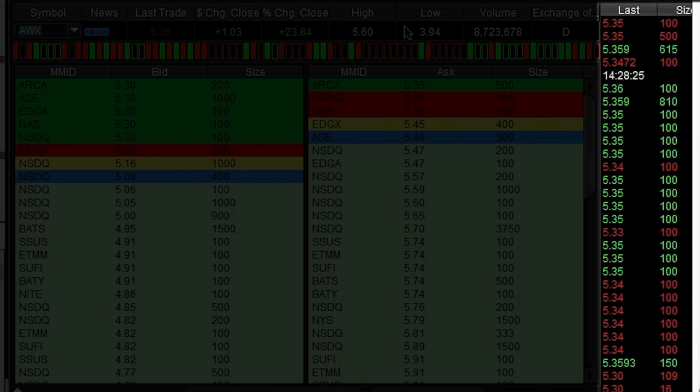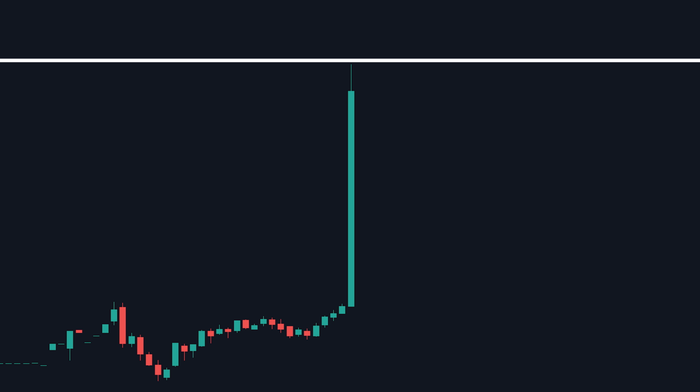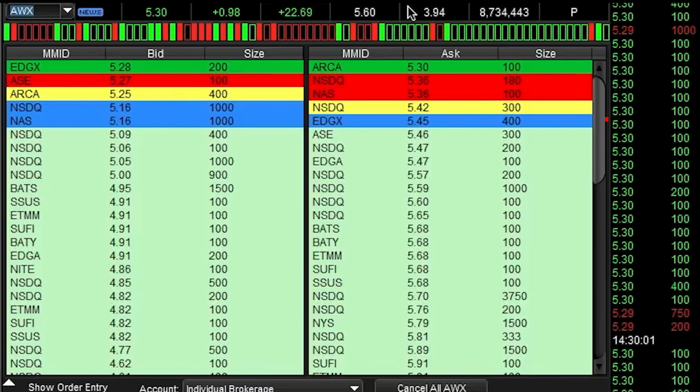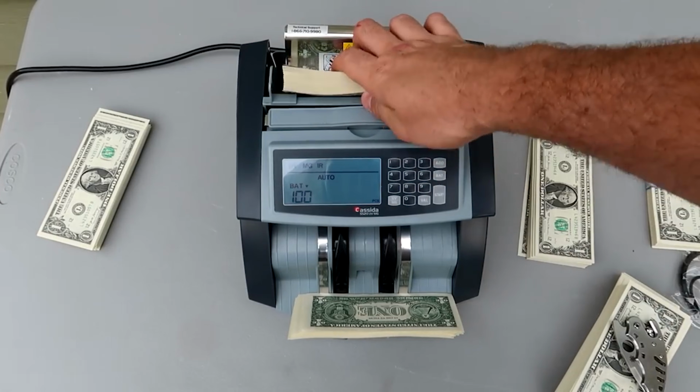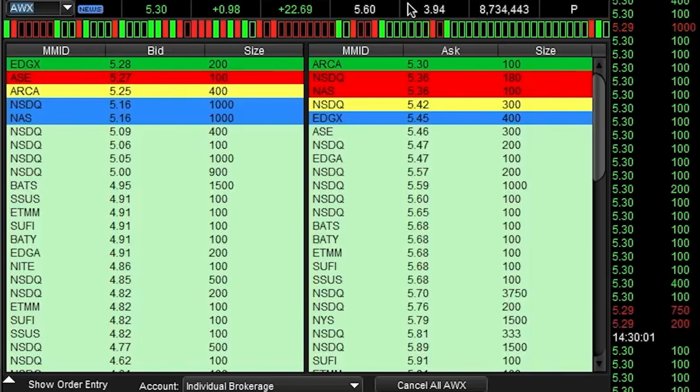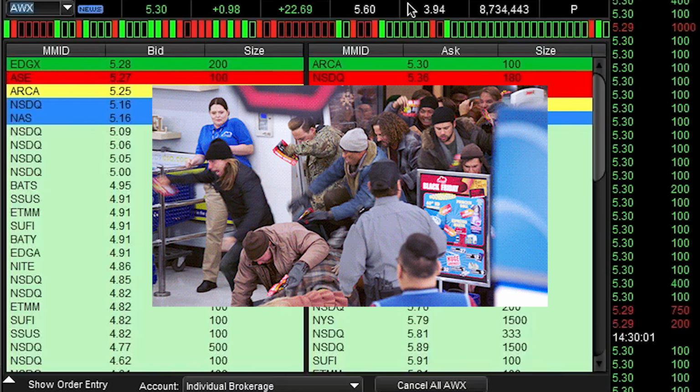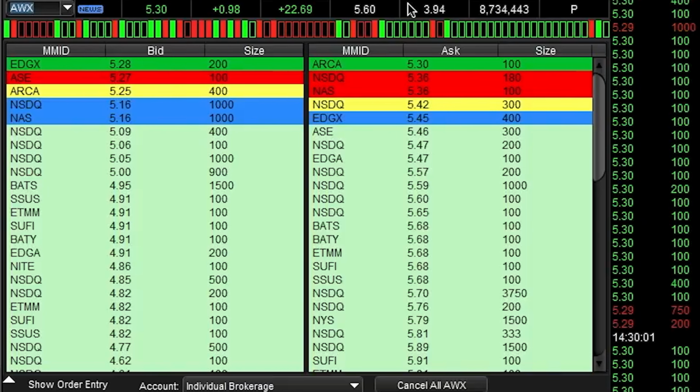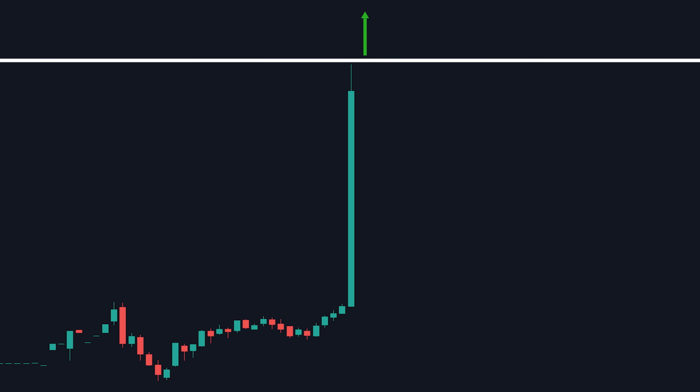and how fast it's moving. If we wanted to go long because we think it's about to break that key resistance level, we want to see tons of green in the time and sales window, telling us there's a lot of buying going on. Not only that, but we want it to be moving fast, almost like one of those money counter machines. If the time and sales is showing a lot of green and it's moving fast, this is telling us a lot of buyers are coming in at once in a short period of time,